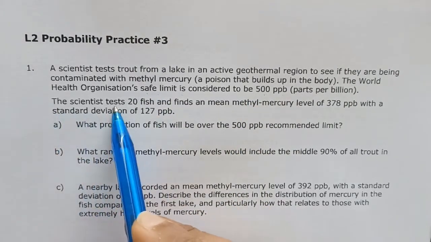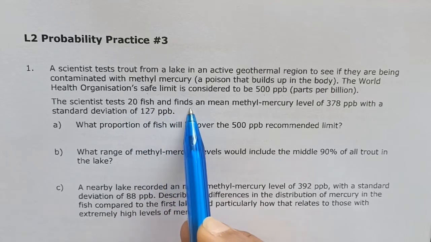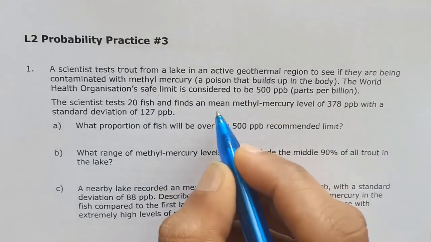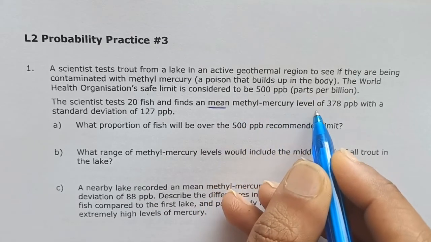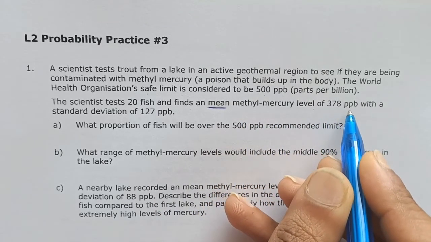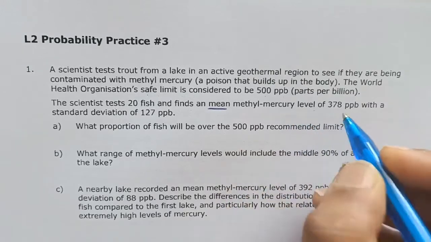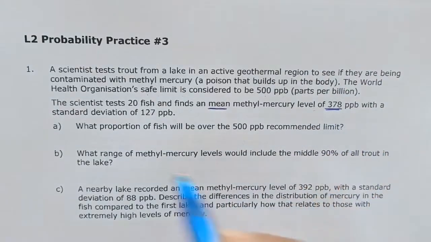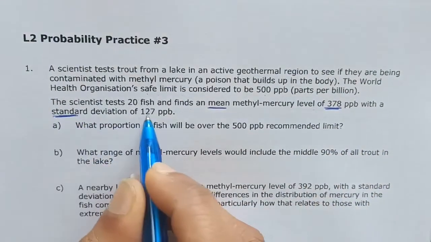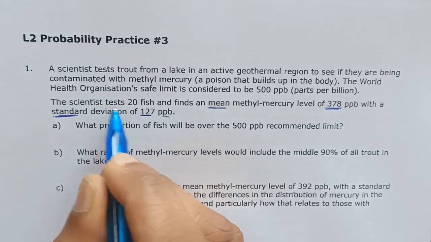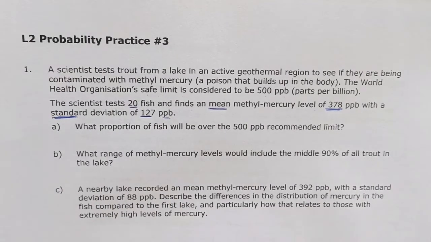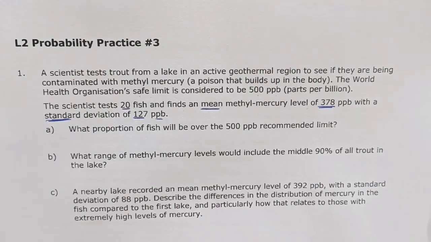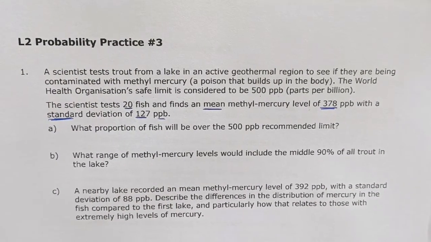A scientist tests 20 fish and finds that the average, so this is your mean, methyl mercury level of 378 ppb. Okay, so that's your mean. And then you got your standard deviation from the mean to be 127, and the total number of fish, you're saying there's 20 fish in total. The first question asks us what proportion of fish will be over